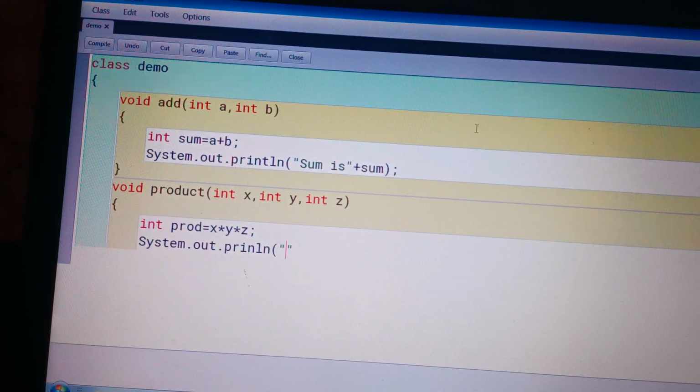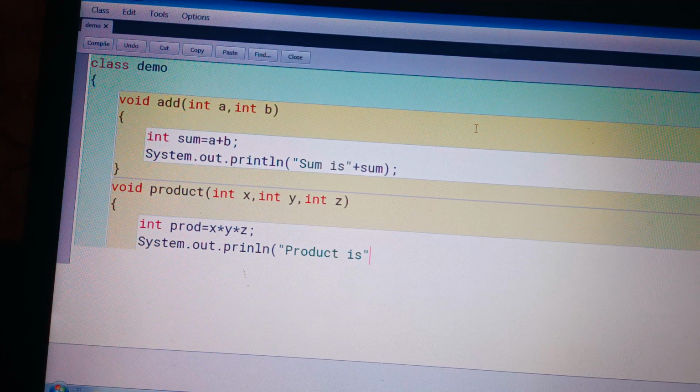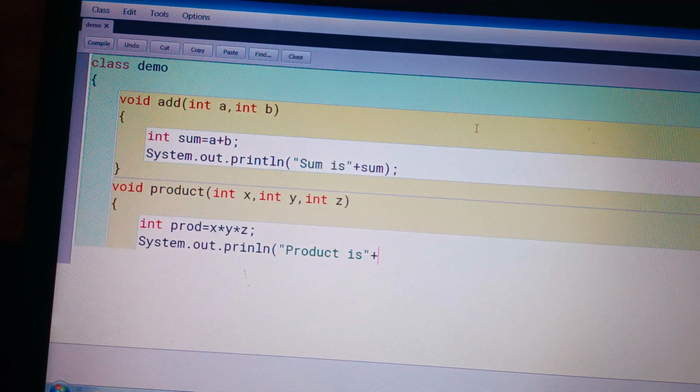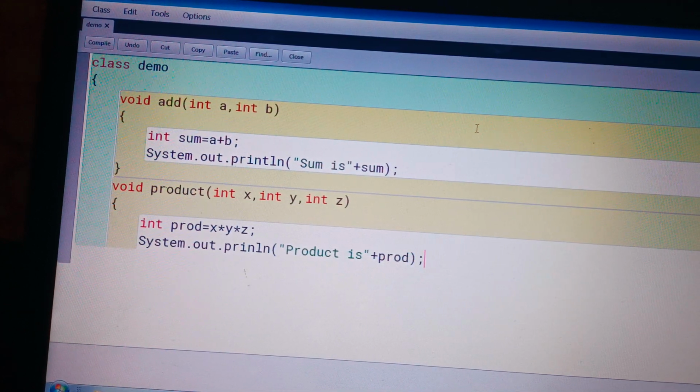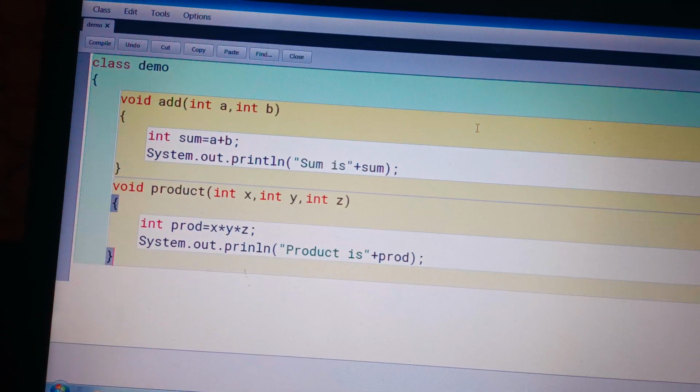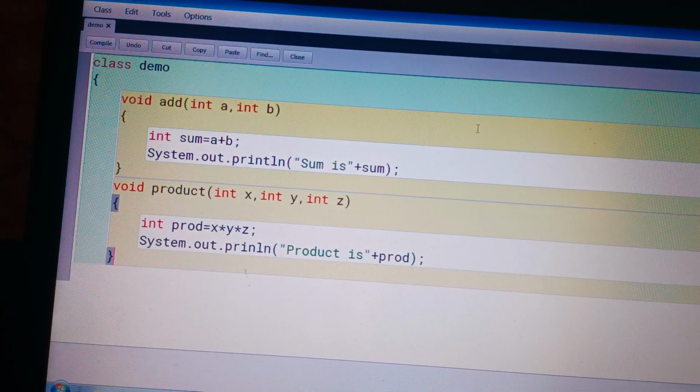Print the message here: "product is" plus prod variable, then semicolon, and close this method also. So here we are creating two methods. First method is add, to add two numbers, and second method is prod, to product of these three numbers.